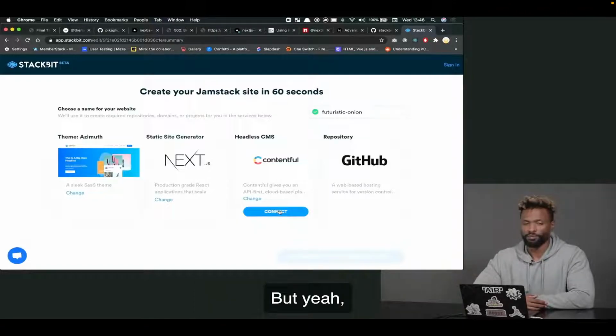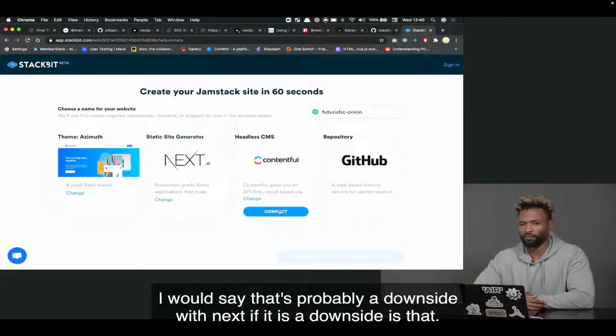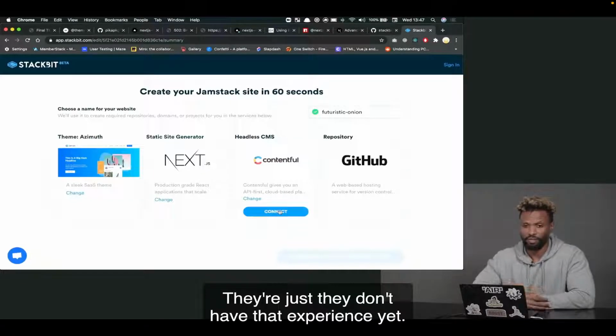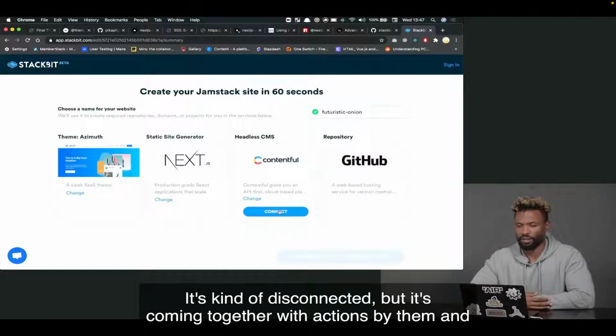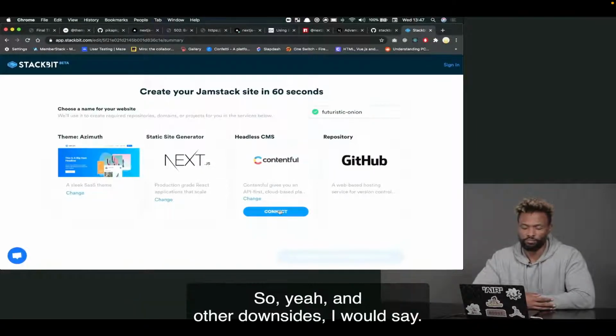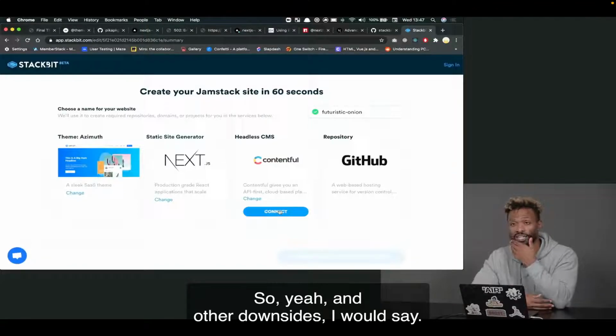But yeah, I would say that's probably a downside with Next, if it is a downside, is that they don't have that experience yet. It's kind of disconnected, but it's coming together with actions by them and actions by the community. So yeah, and other downsides I would say,